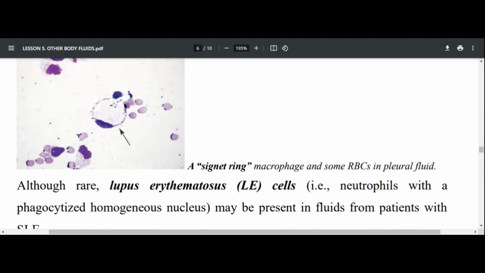Even though it is sometimes rare, lupus cells can also be seen. They are called lupus erythematosus cells. They can sometimes be seen, and when they are identified, they are normally associated with systemic lupus erythematosus. Those are called lupus cells, and those cells are in fact